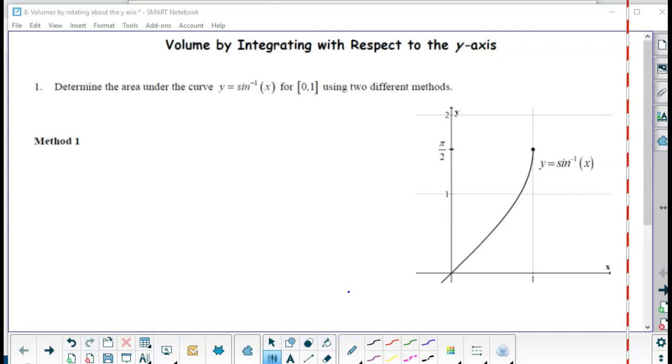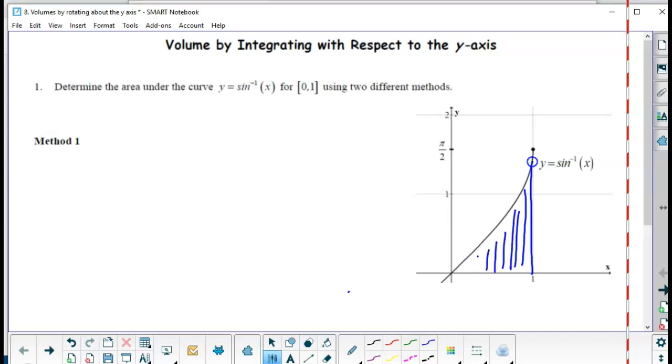Okay, so the title on this notebook file says volume by integrating, but this first few, your sheet will say area and volume. So the first question is about area. It says determine the area under the curve y equals inverse sine of x for 0 to 1 using two different methods. So one method is obviously finding the area underneath that curve with respect to x. So you're really looking for